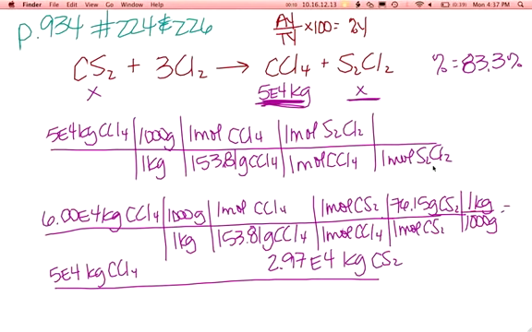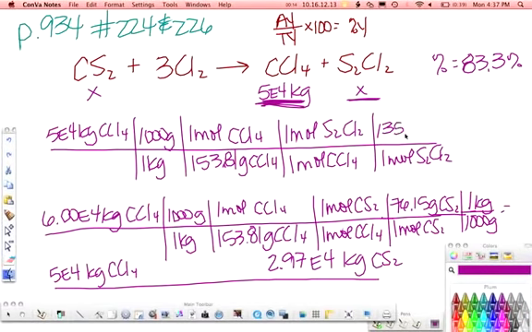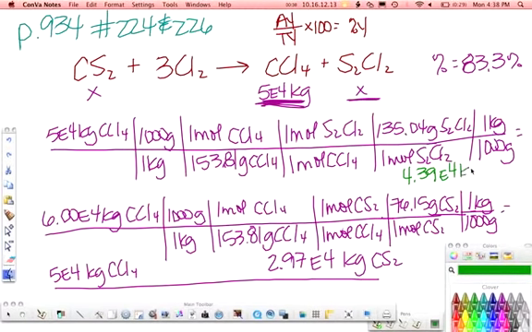So this is where we left off right here. 1 mole S2Cl2 has a mass of 135.04 grams S2Cl2, and then of course we got to convert it back to kilograms. You plug all that in and it works out to be 4.39 times 10 to the 4 kilograms of